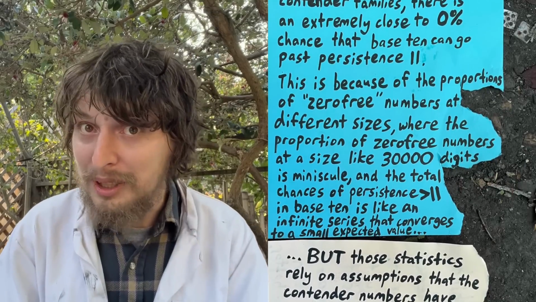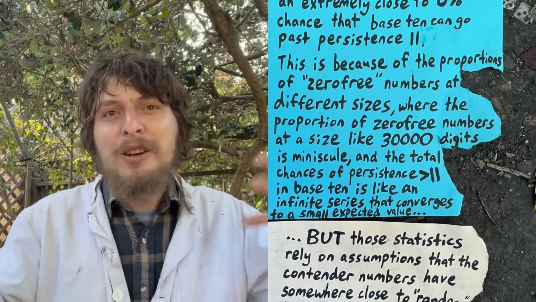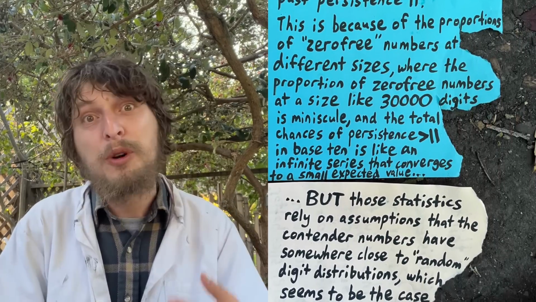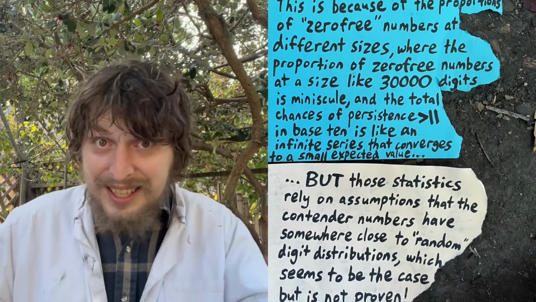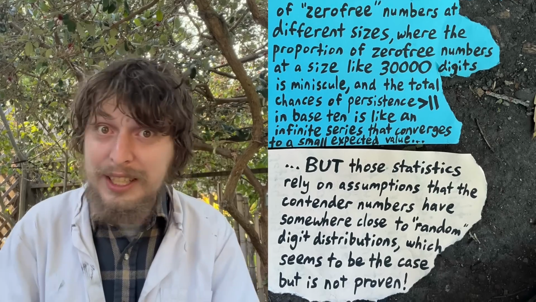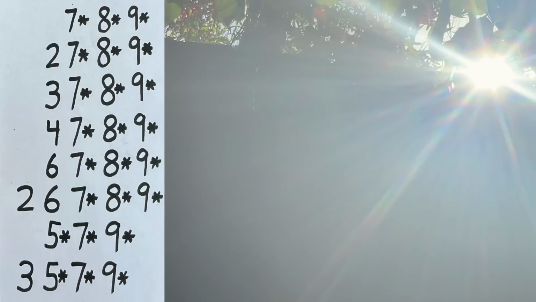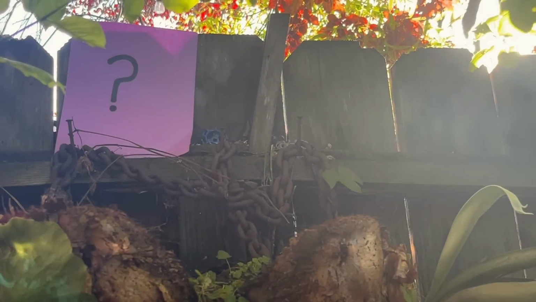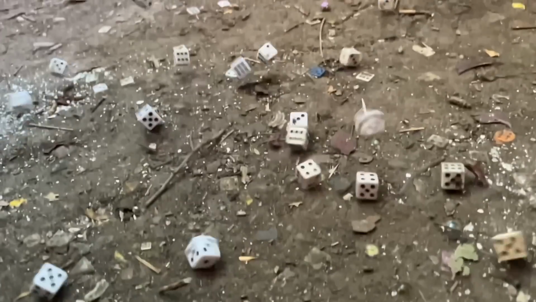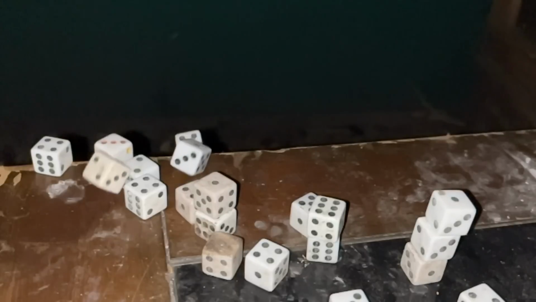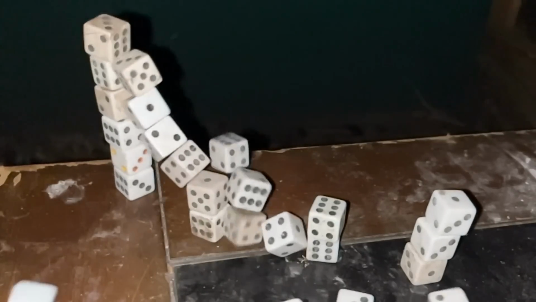They won't be literally random, but even if they are anywhere remotely close to how a random digit distribution would behave, then these statistics will still point toward the conjectures being extremely likely to be true. However, it's hard to be sure that none of these families of numbers have some sort of hidden pattern and that their digits really do behave in a random-like way. To the best of what mathematics currently knows, though, these statistics are probably accurate, and if the statistics do turn